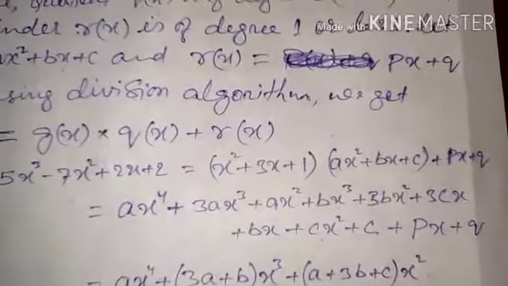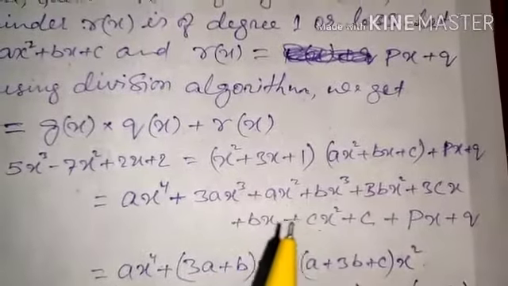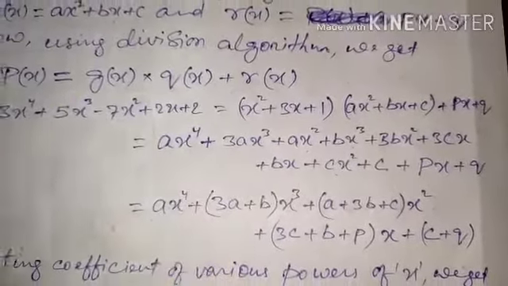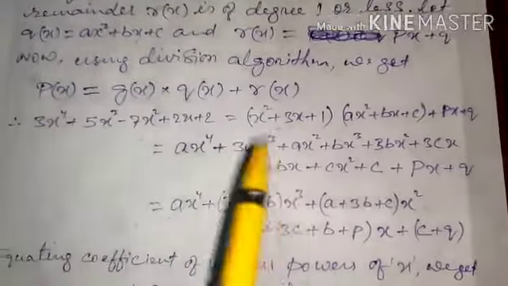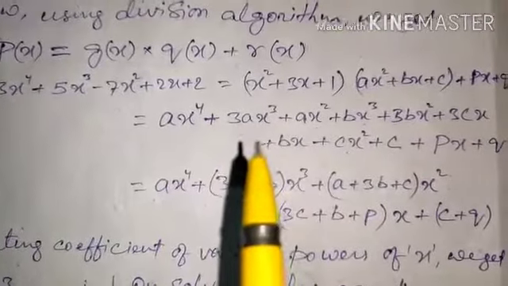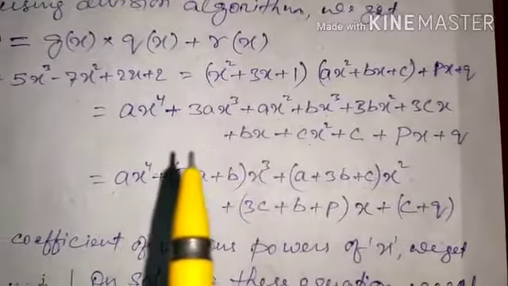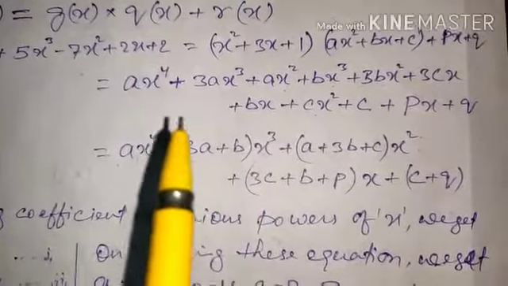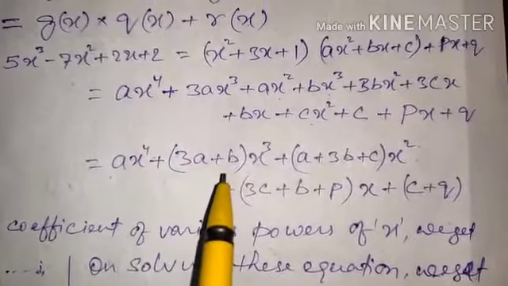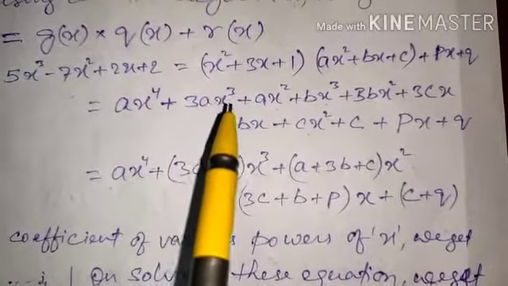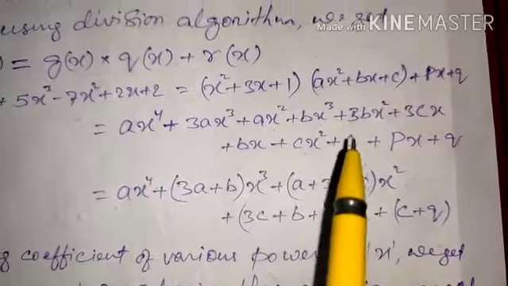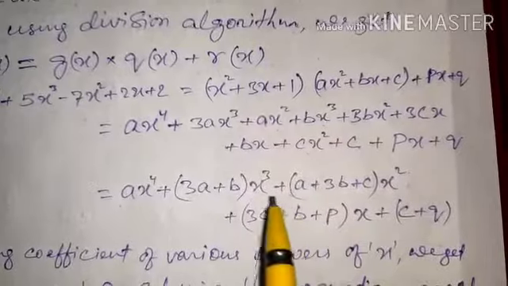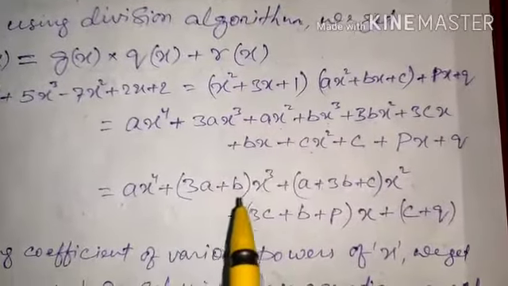This is a very easy thing, I'm not discussing that over here, simply getting the result. After that, you just find out the terms having the same variable, the same power of the variable. So that is x to the power 4, I had separated out, and here you can see 3ax cube, and then we have another x cube here, bx cube. So x cube we take out common, so it will become 3a plus b.